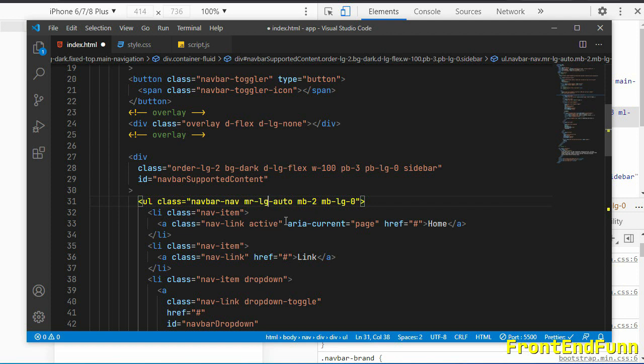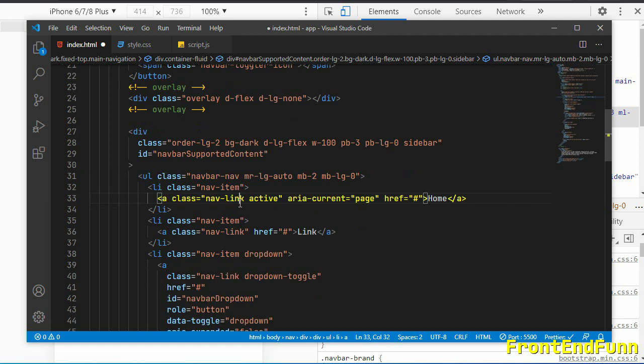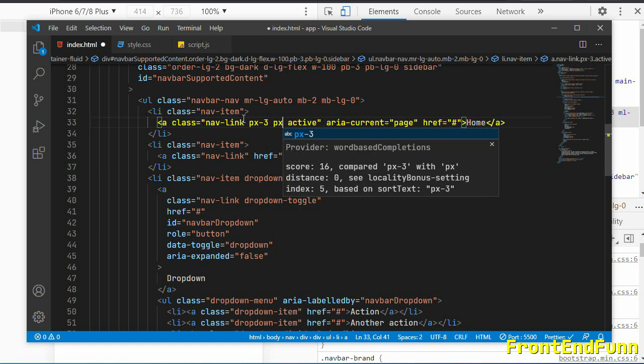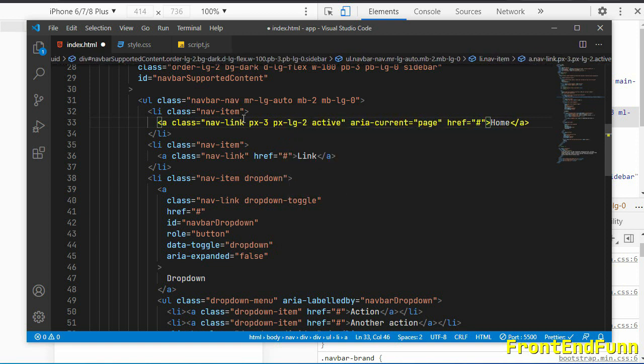Okay, next for the nav links, that is the anchor links here, I'll just add some classes, that is px-3 for all the nav links, so that we get some padding on mobile devices. Okay, and px-lg-2, that is padding on large screen devices as 2 and padding on all devices as 3.